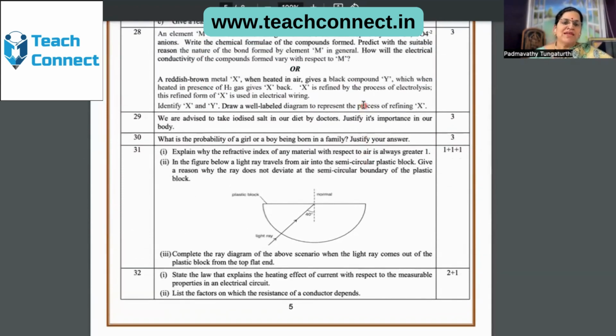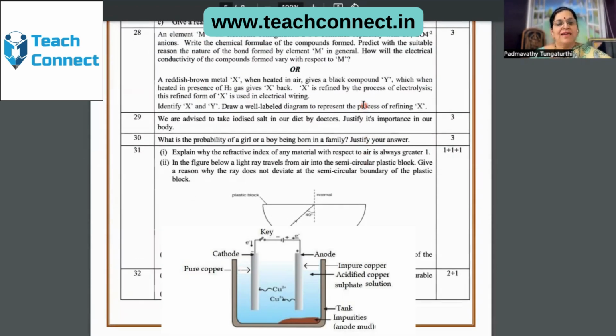Or the student can also attempt another question. A reddish brown metal X. A reddish brown metal. Look at the syllabus, whatever we have. Here the syllabus comes into the picture. That's copper. Reddish brown metal, whatever we have, is copper. And don't get confused with rust, which is a compound. Here it is a metal. Therefore, it is for sure copper